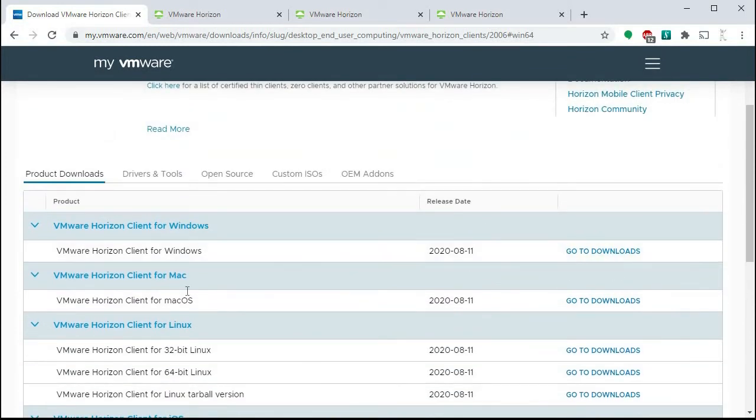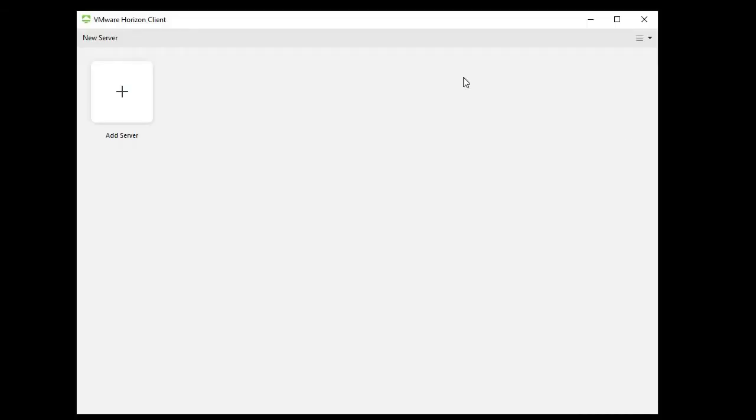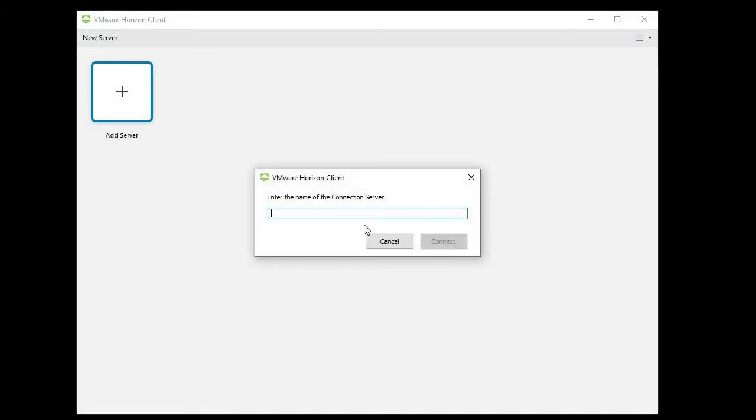Once you've downloaded and installed the client, you'll have a link either on your desktop or wherever you chose to put it called VMware Horizon Client. Starting that up will bring you into this window. Now, what we want to do is add multiple servers here, one for in-class use and one for out-of-class use. When you want to connect to your systems in your lab class, so during your scheduled lab time, you want to create a server that goes to